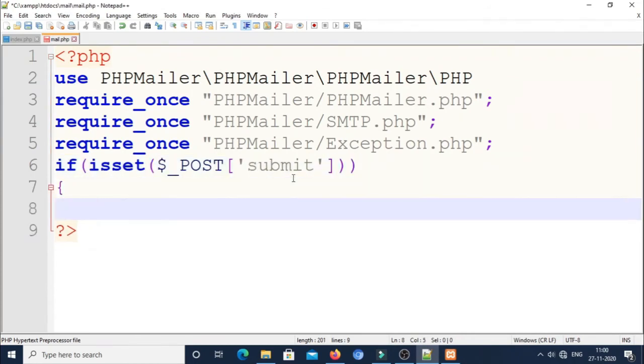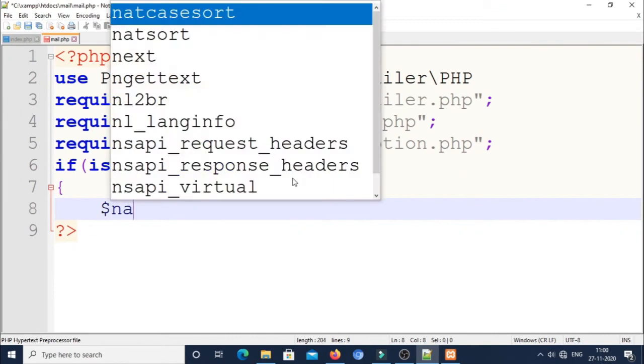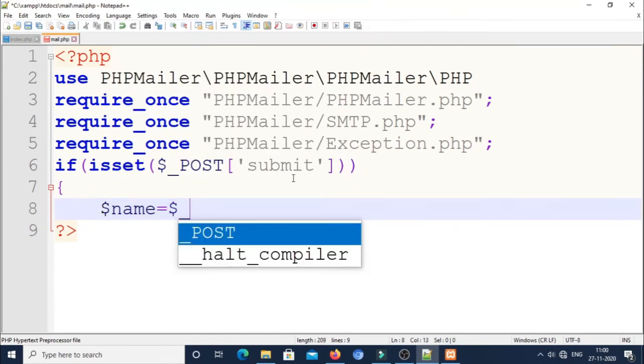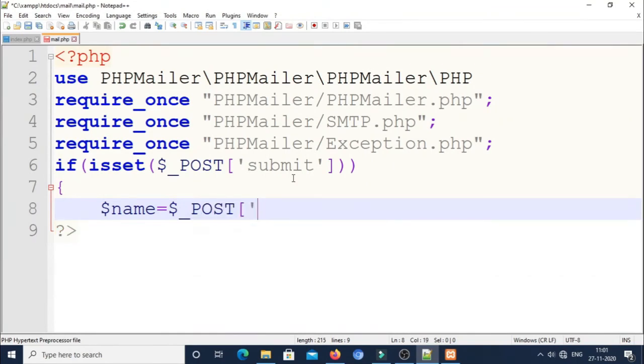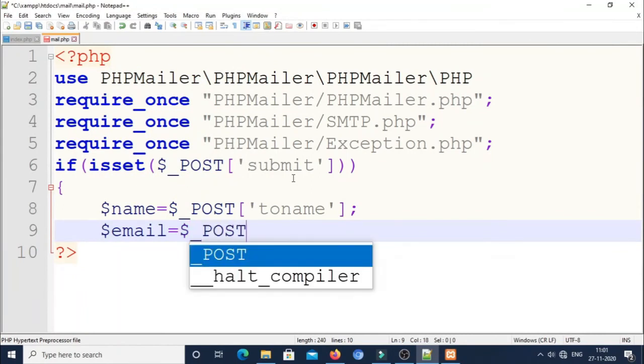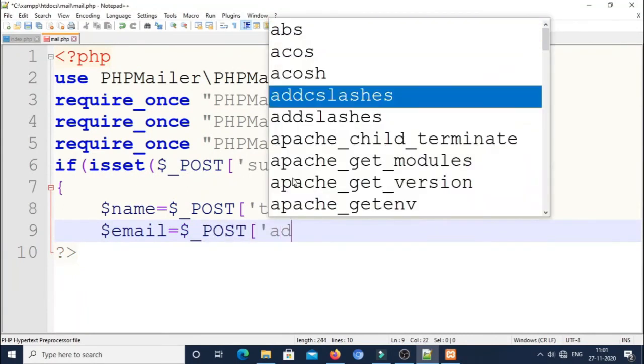First the name, from the control I gave as the name attribute: $name equals $_POST['name']. Then the email address, $email, which is equal to $_POST['address']. I think I gave address as the name attribute.